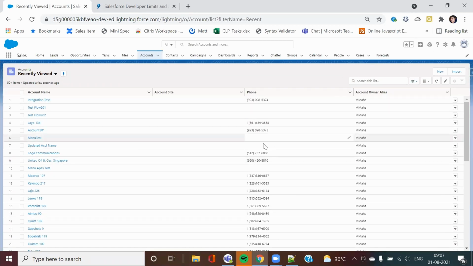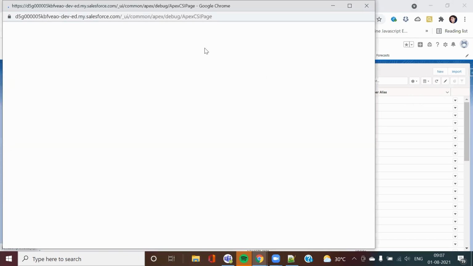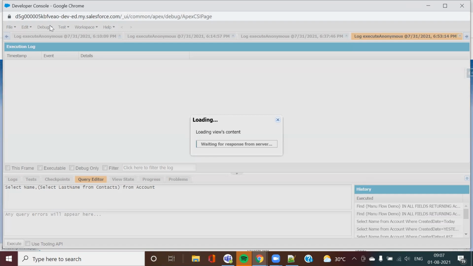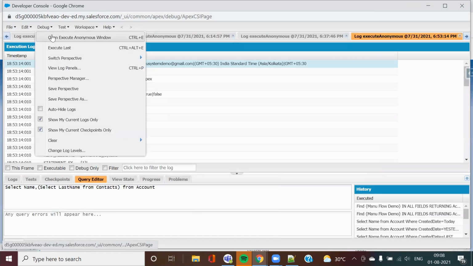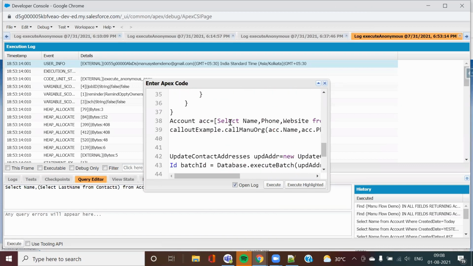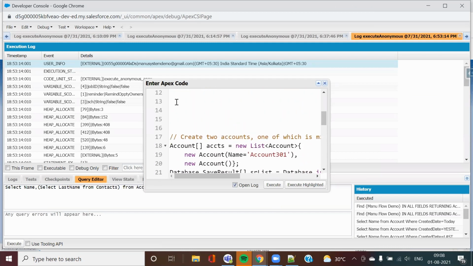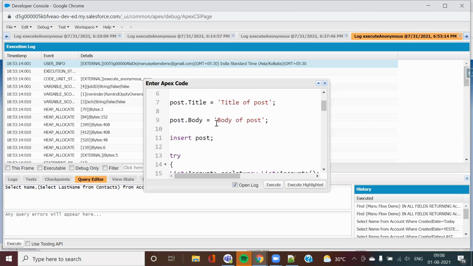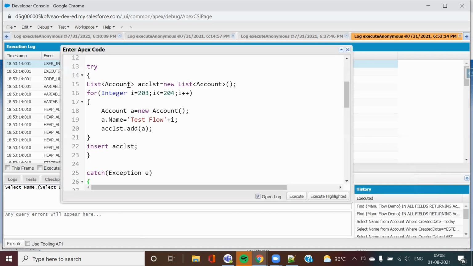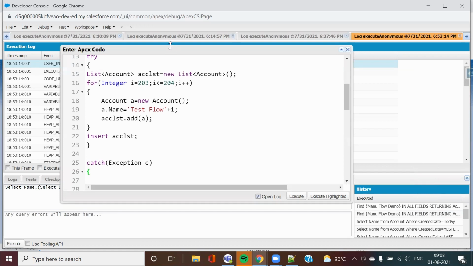Now what I will do is go to my developer console. Okay, let us try this.